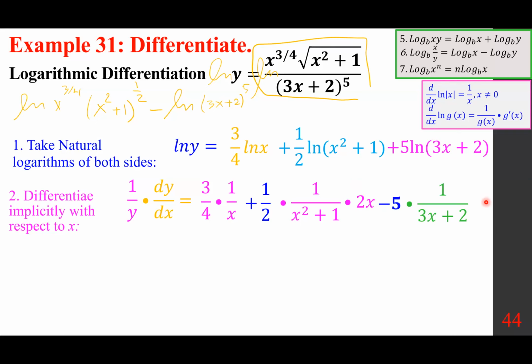How do we simplify this? There's really not much you have to do. Notice that dy dx is y. This side, if you take the 1 over y to the other side, that means multiplied by 1. That's all. And of course, what is y? You write this one. This one is 3 over 4x. This one, class,